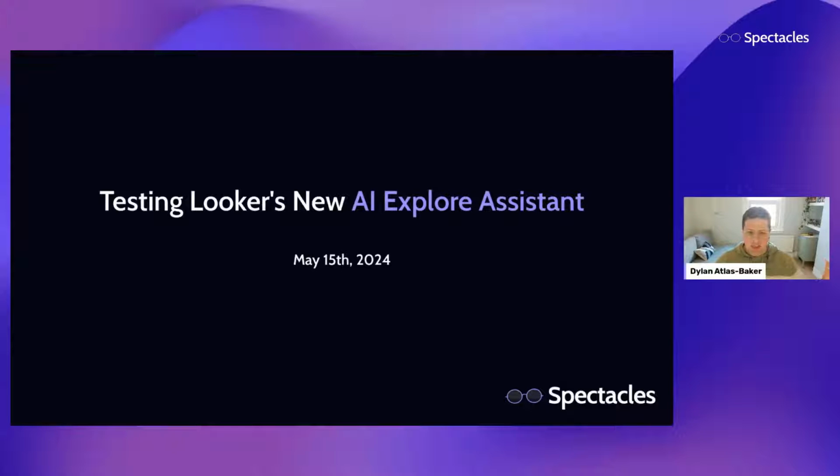We're here today to test out Looker's new Explore Assistant extension. This is something that they talked about and demoed a little at Google Cloud Next a few weeks ago. And we've taken the last couple of days to kick the tires on it here at Spectacles and really want to show you it in another demo, but really almost more so talk about